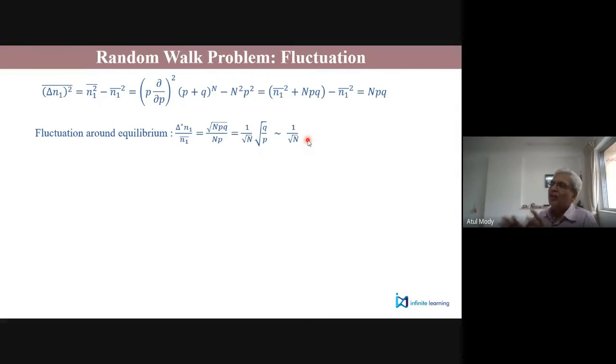If I toss this coin two times, on an average, I expect one head and one tail. Is this what happens? No. Okay. You can get both of them head, or you can get both of them tail also. Even if there is one of each, it could be first head and then tail, or first tail and then head, which means there are likely to be fluctuations. You can imagine that you can't predict what will happen in the case of two coins. But if I toss 100 times, or I toss 100 coins, I'm sure all of you would say that yes, we expect by and large there will be 50 heads and 50 tails.